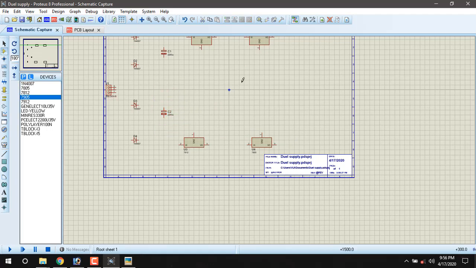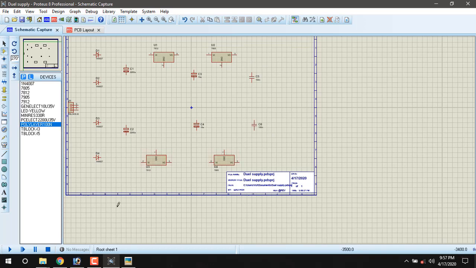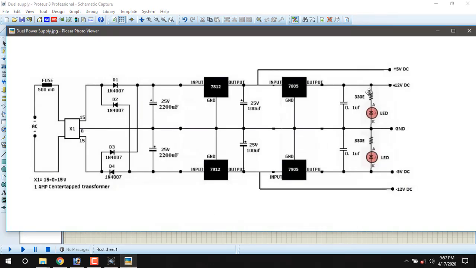Then two numbers of 10 microfarad capacitors. Rotate, the negative should be in bottom. Then two numbers of 0.1 microfarad. Then finally resistance and LED will be there.